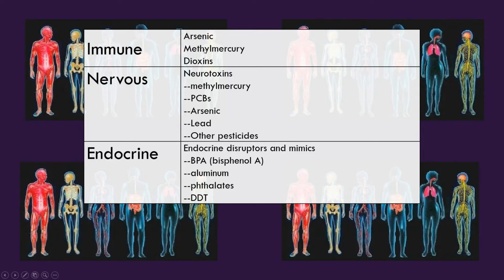So for the immune system, this is going to weaken it, making it more vulnerable to infection, so you're more likely to get sick. Neurotoxins can result in things like mercury poisoning. These things can actually cause ADD. So if a woman is exposed to some of these things when she's pregnant, maybe the child ends up with ADD. They can result in paralysis and or learning disabilities. So stay away from these things. And for endocrine disruptors, they prevent the hormones from working properly. They can result in birth defects or developmental delays and disabilities.